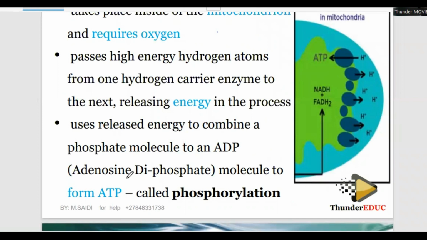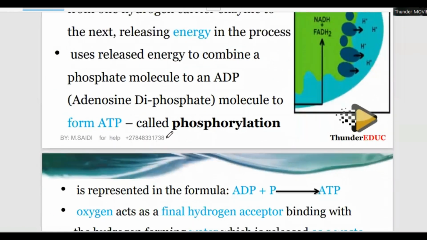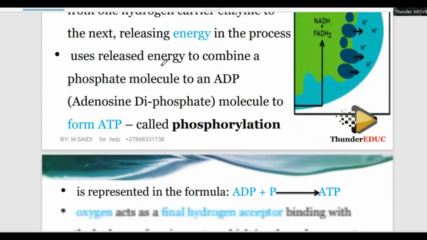Hence, you form adenosine diphosphate to adenosine triphosphate. This process is called phosphorylation, and because oxygen is involved there is oxidation and reduction. So this process is an oxidative reaction. Hence, we call it